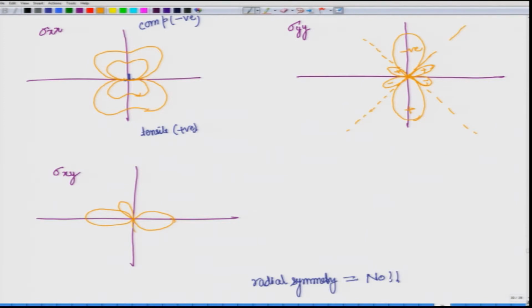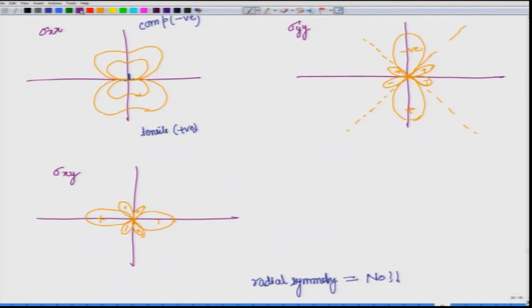So, again there are two main lobes and then there are four smaller lobes, and here also when this turns out to be positive, these two smaller ones are also positive. When this is negative, these two smaller lobes on the other side also turn out to be negative, and this is how it would look. Now, we have drawn xx, we have drawn yy, we have drawn xy.